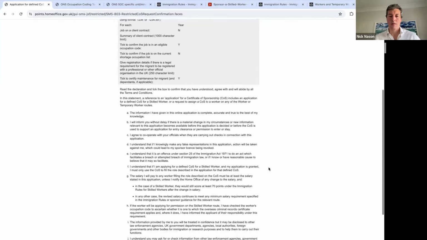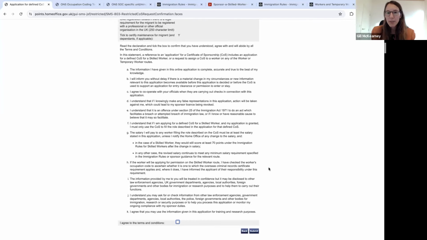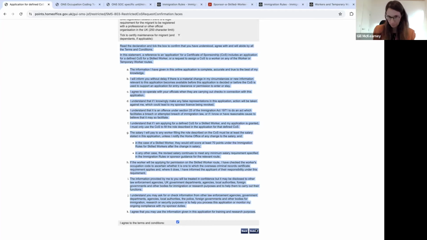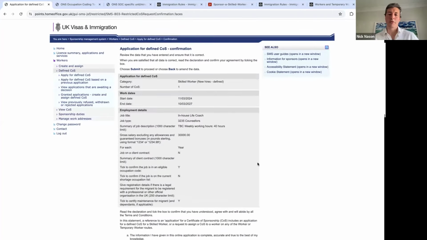Okay. And assuming it is, then you'll need, as the level 1 user or person assigning or level 2 user, to check that you're comfortable with all of the declaration and conditions. It's highlighting now. So great. And then once you've agreed to those, you can click on submit at the bottom, which we're obviously not going to do in this video. Great. So yeah, you've done that, and as I said earlier, it should take around 1 to 2